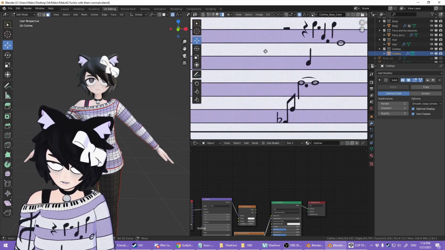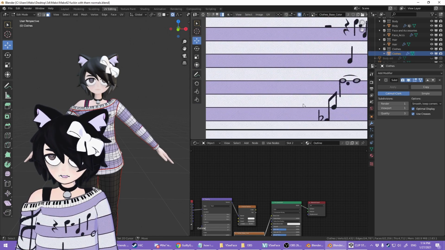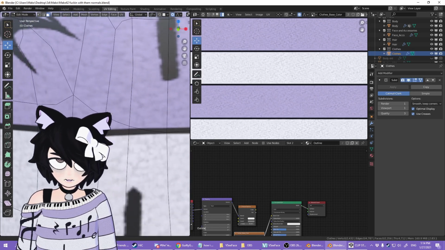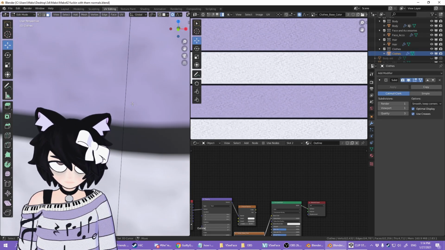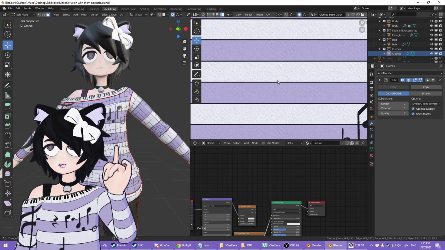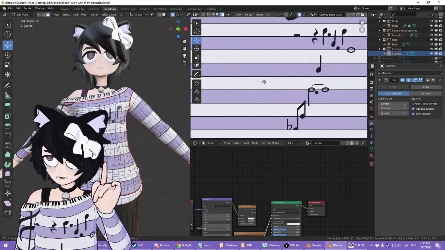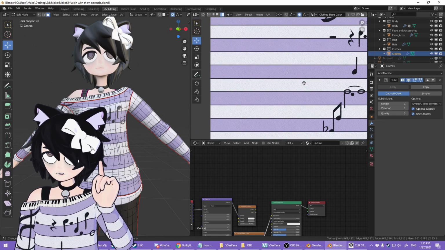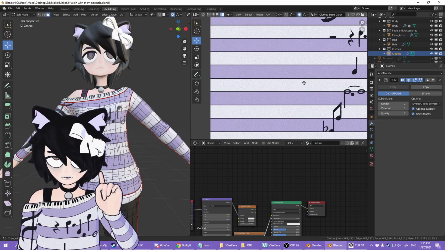If we only use perfectly horizontal and perfectly vertical lines, then when we zoom in, no matter how far we zoom in, these are still going to look very, very solid. They're not going to have any jagged pixels. So you don't want to draw your texture around your UV, you want to move your UV around your texture.